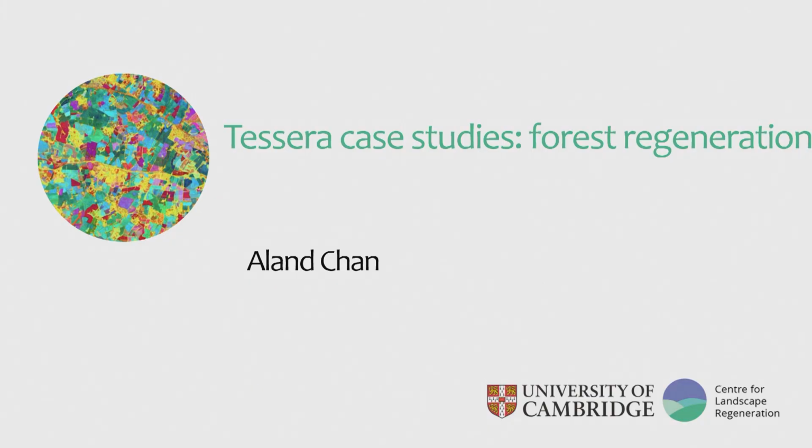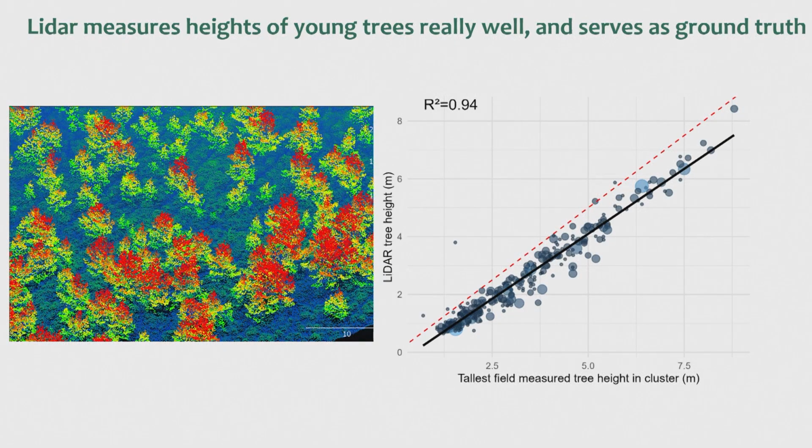Third and final example, forest regeneration, also Alan. And so we know, don't we, Juha, that you can get incredibly good maps of trees using airborne LiDAR. This is a high point density LiDAR point cloud, and these are tiny trees, sort of a few meters high, and this is our estimate of LiDAR height versus field measured height for those trees. So we can do it well with LiDAR. We can map these regenerating trees across the landscape.